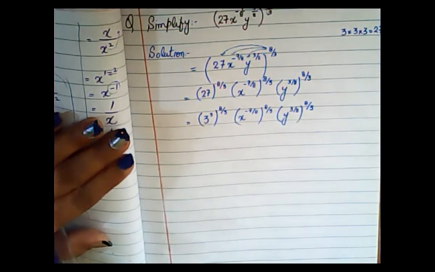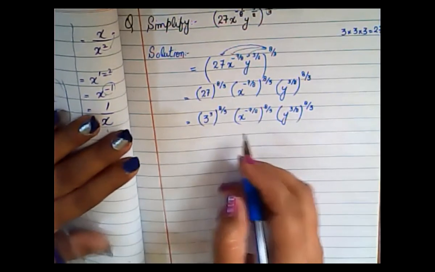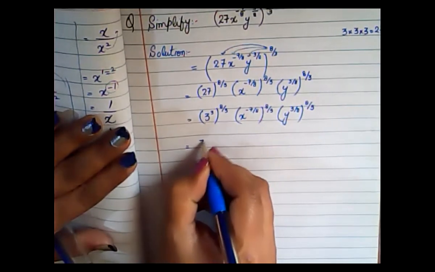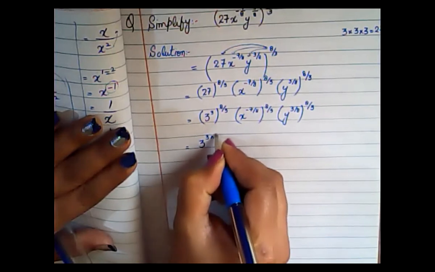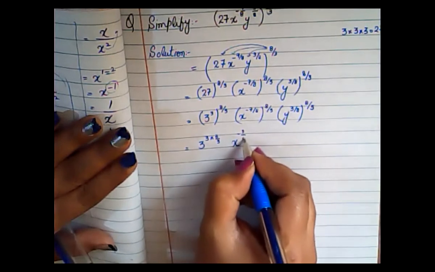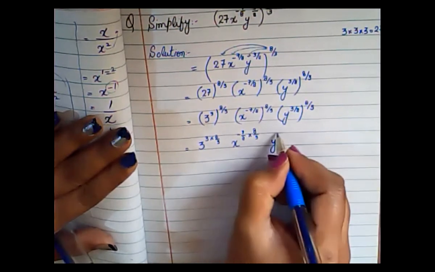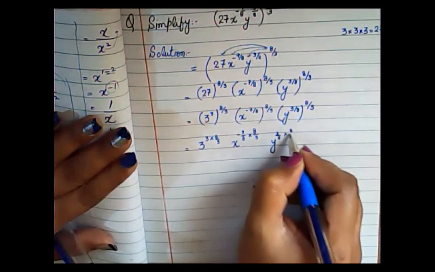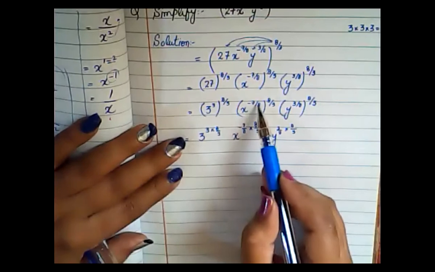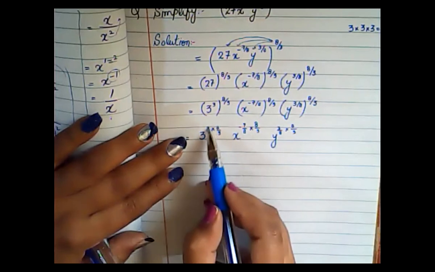Okay, now what you have here, power of the power. So in the next step, what you are going to do, you are going to multiply power of the power with each other. So I'm going to write it down here in this way, 3 multiplied by 8 upon 3. Clear? Then x, then minus 7 upon 8 multiplied by 8 upon 3, right? Then y, 3 upon 8 multiplied by 8 upon 3. Understand? I'm going to multiply power with the power in this way. Okay. Now, in the next step, I'm going to cancel the powers.